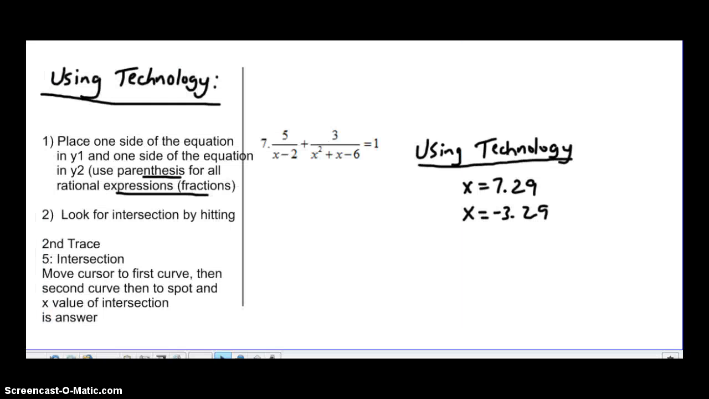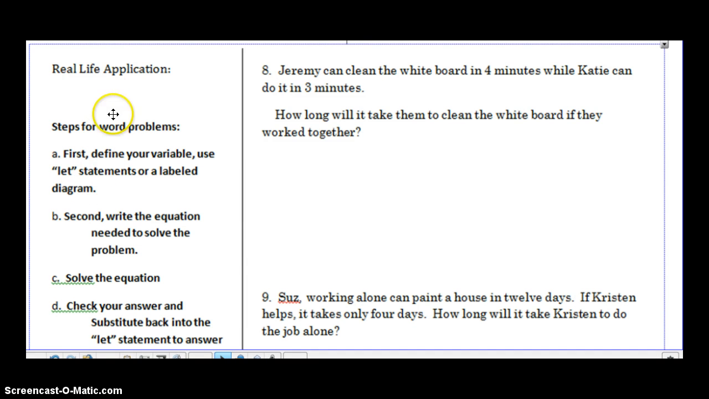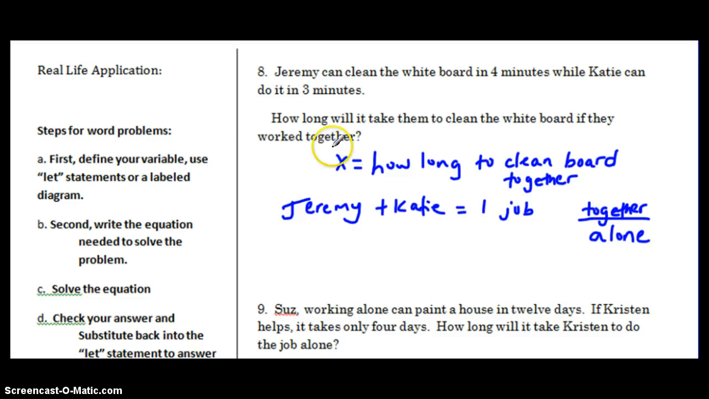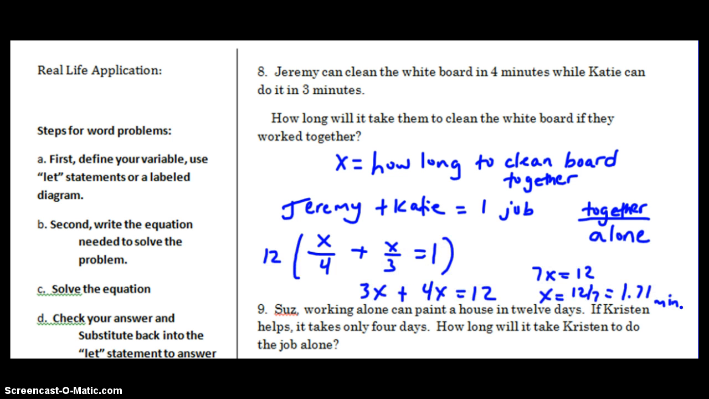Okay, so the last thing I want to talk about is how this applies to real life. So take a minute and read through these steps. Our first problem, we're going to be talking about Jeremy cleaning the whiteboard and Katie also cleaning the whiteboard. What we want to find out, or x, is how long it takes them to clean the board together. So we have two people that we want to equal one job, and we're going to represent this as a ratio of their time together over alone. So for Jeremy, it's x over 4. For Katie, it's x over 3. And then we're going to solve for x. When you do that, you get 1